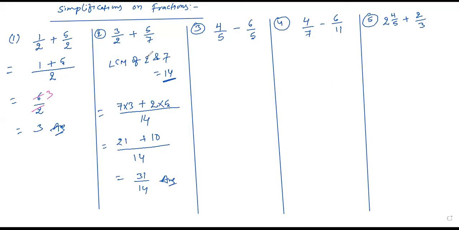If we apply the equivalent fraction process for all kinds of sums, then it becomes very lengthy, hectic and time consuming. For this small type of question, it's fine. But if the sum is very big, like here we have only 2 fractions, if there are 4, 5, 6 fractions and a mixture of mixed fractions plus simple fractions, in that case the equivalent fraction process will be very lengthy for you. So I recommend don't go with the equivalent fraction process.